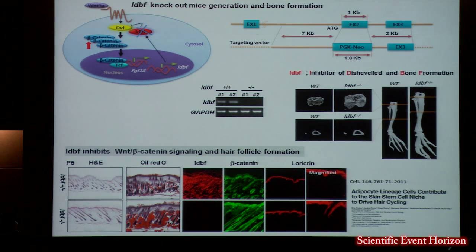So this Wnt beta-catenin pathway is sometimes activated. Originally, when it is activated, adipocyte differentiation is inhibited. But in this specific case, it's a dermal system. When this Wnt pathway is activated, some adipogenesis is increased. That's what we see in this result. This morning I really appreciated that kind of information. Anyhow, in the knockout mice the Wnt beta-catenin pathway is actually activated, which increased the hair formation,